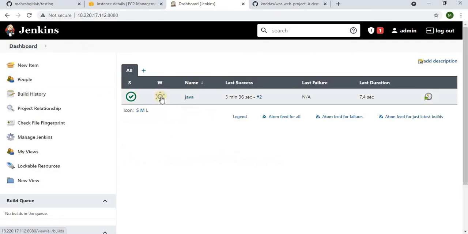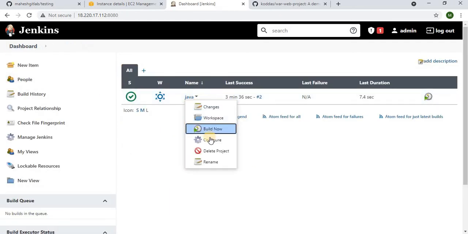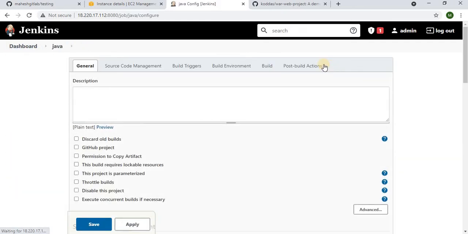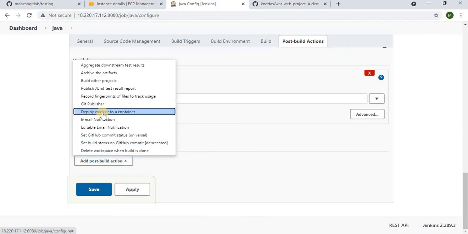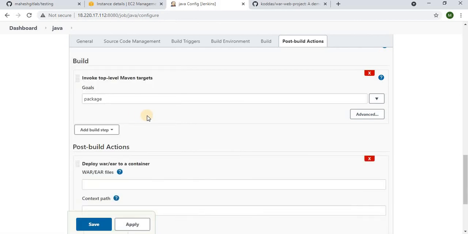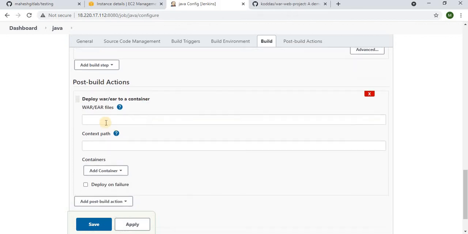Go to the dashboard, go to the project, go to configure, go to post build actions. Just check now. You could see deploy war to a container here. Select this option. Now you can see this stuff.